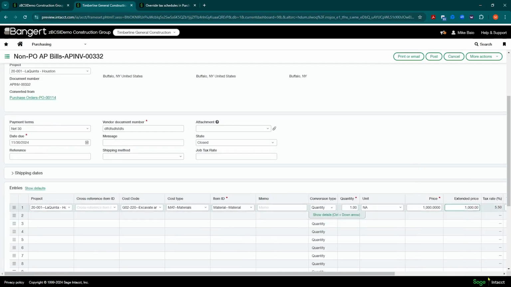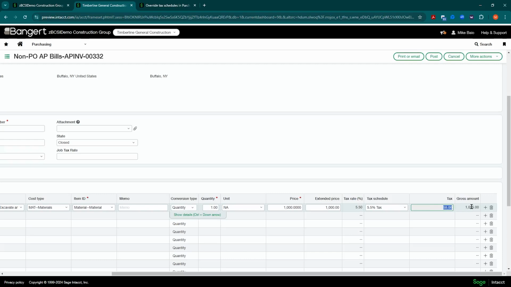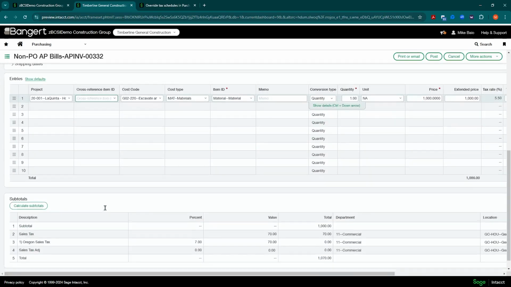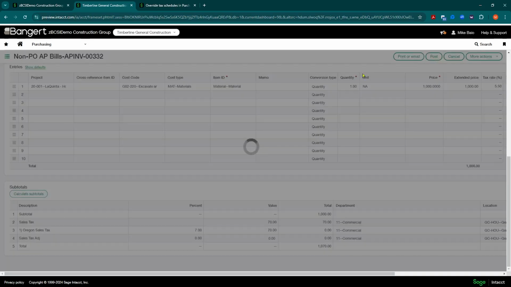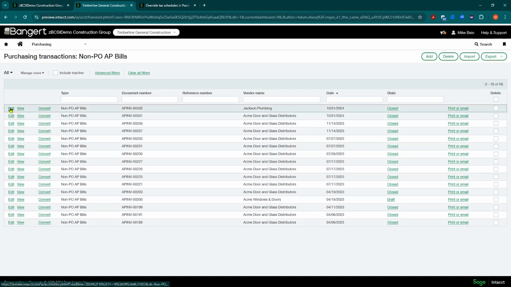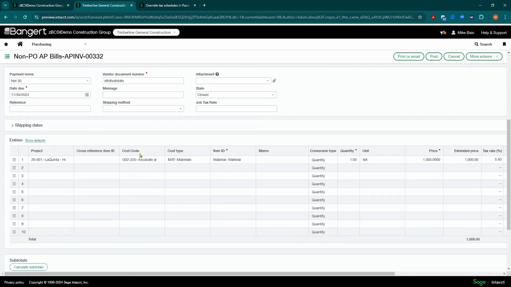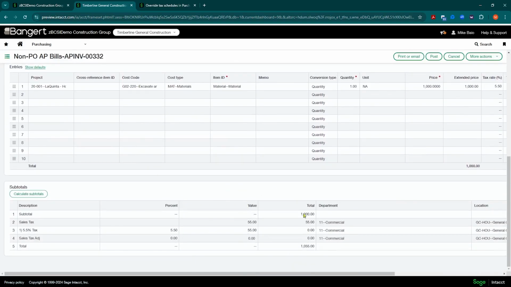And again, when I tab through that, it recalculates the tax. I'm going to leave it. I'm not going to recalculate it down here. I'm going to hit post. And once I do that and it saves, if I go back in and take a look at it, you'll notice down at the bottom, it did that recalculation for us.